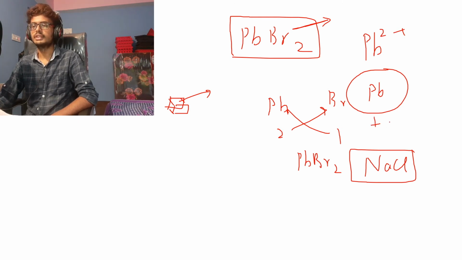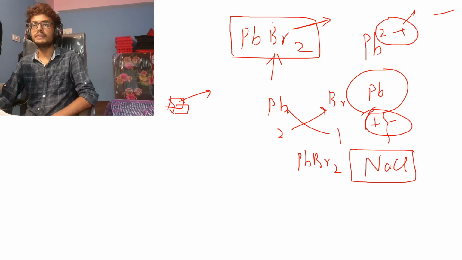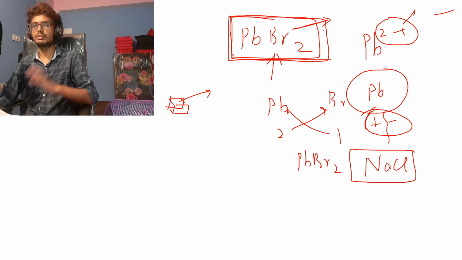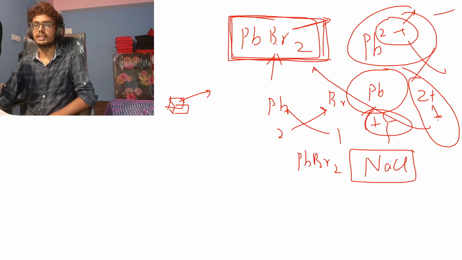Because of the positive and negative charges. Sodium is positive, chlorine is negative, so they attract each other. If it doesn't happen, like being 2 plus and being negative, then nothing is possible, no bond will be possible. So PbBr2 would be impossible in the first case. If you say lead bromide is there, you should know that this is also possible, because if this is not possible, there will not be attraction between the positive lead and the negative bromine, and these two cannot be held together to form this. So if this is possible, this is also possible every time.